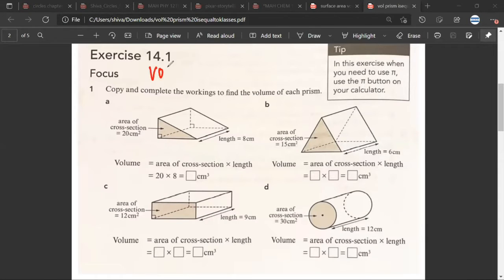So Mr. Sarthak will be doing volume of prism. Now, what you need to understand is that when you look at figures like these, so this figure, this figure, this figure, this figure, Mr. Sarthak, do you agree that